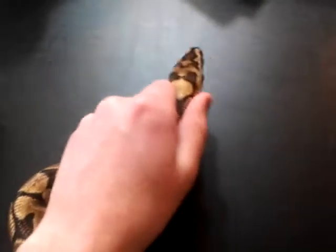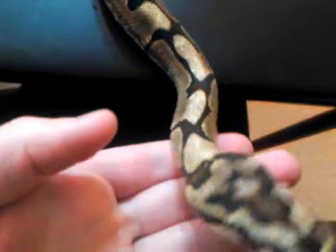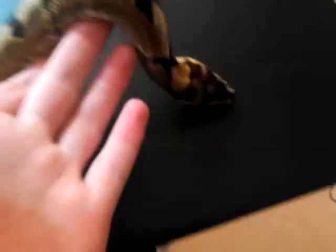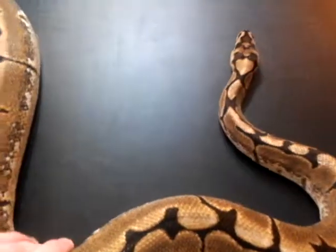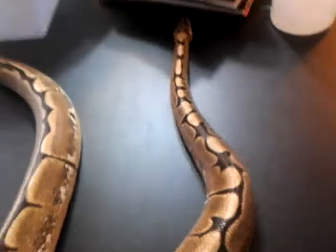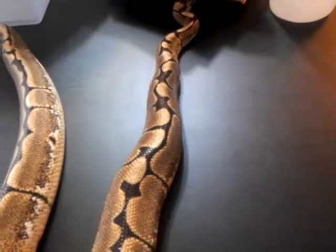And all that really is that some spiders, they'll be sitting here and their heads will be wobbling back and forth because they're a little bit nervous sometimes. As you can see, this snake barely has it at all. Sometimes they'll do weird things where they'll take their head and go upside down and back and forth because they're confused. And while I've seen some bad examples of this, actually I've seen some pretty bad examples of this,